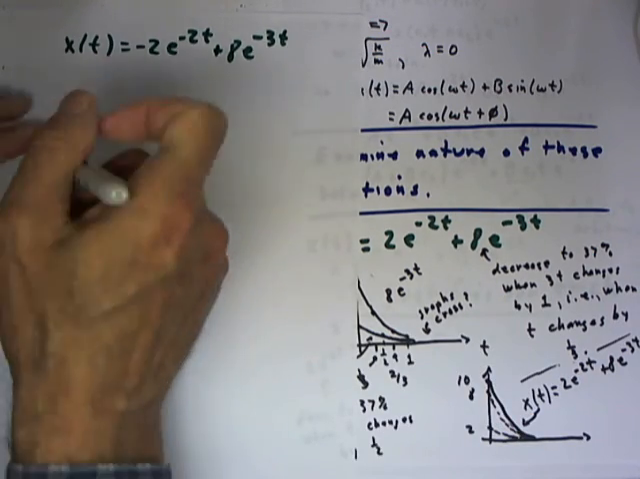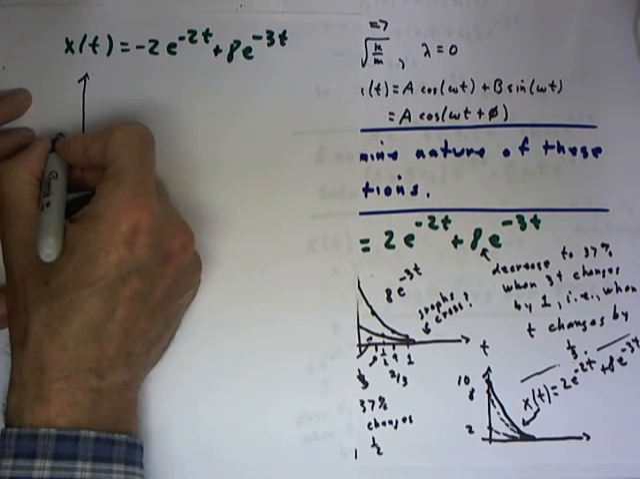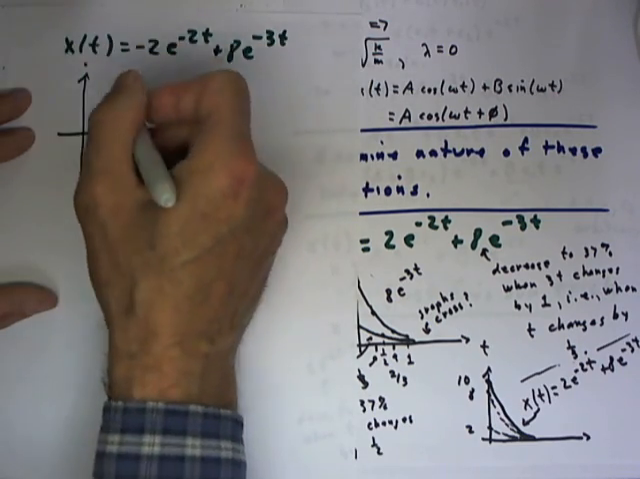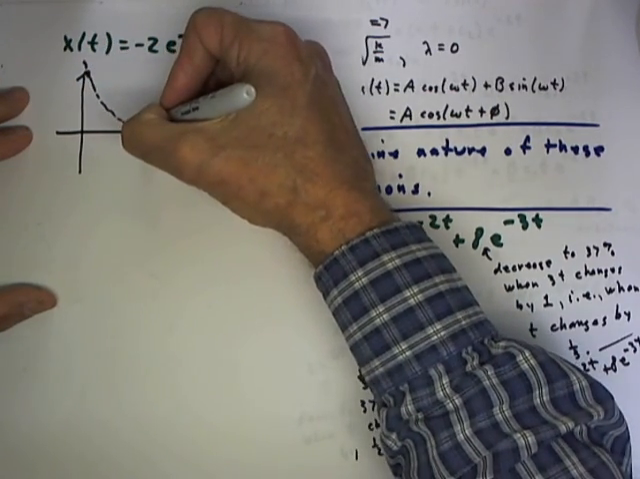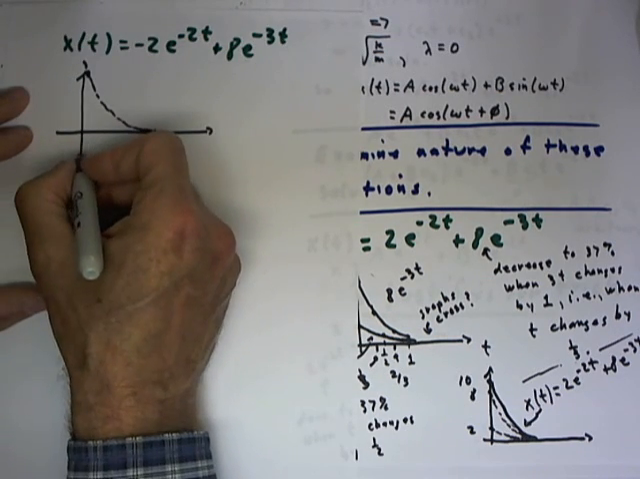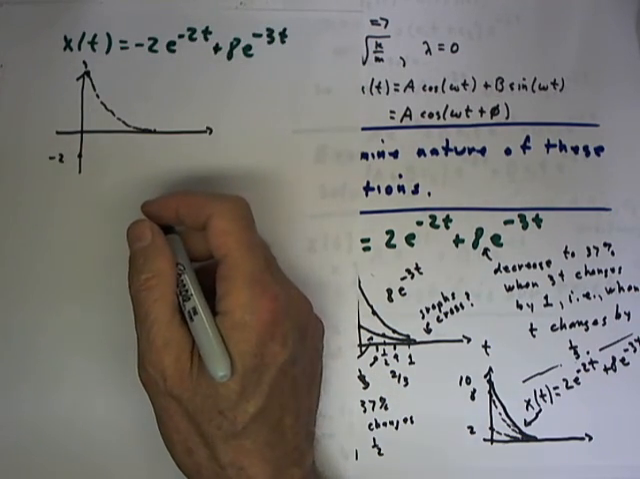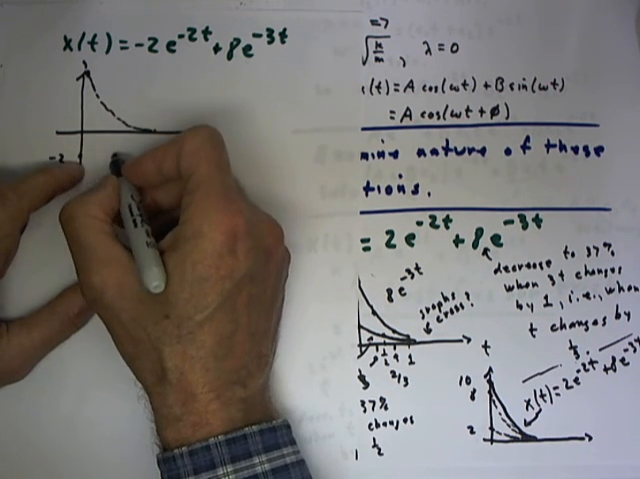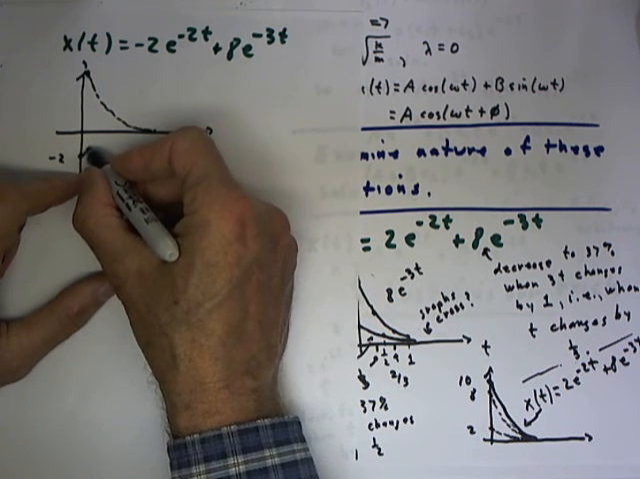it should be pretty clear that the graphs of these two component functions are going to behave something like this. The 8e to the negative 3t function is just what we saw previously. It decreases rapidly toward the t-axis, but starting at a value of 8. The function negative 2e to the negative 2t is going to approach more slowly, in the sense of approaching, taking longer to approach within that 37% distance,